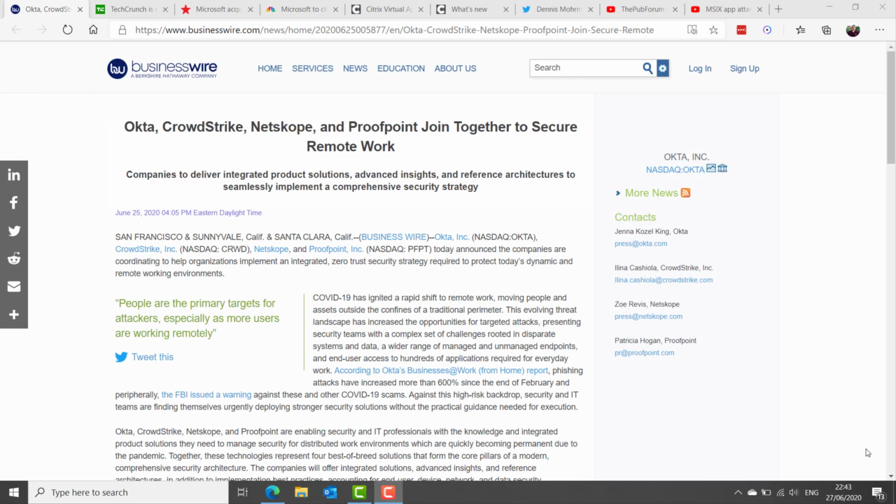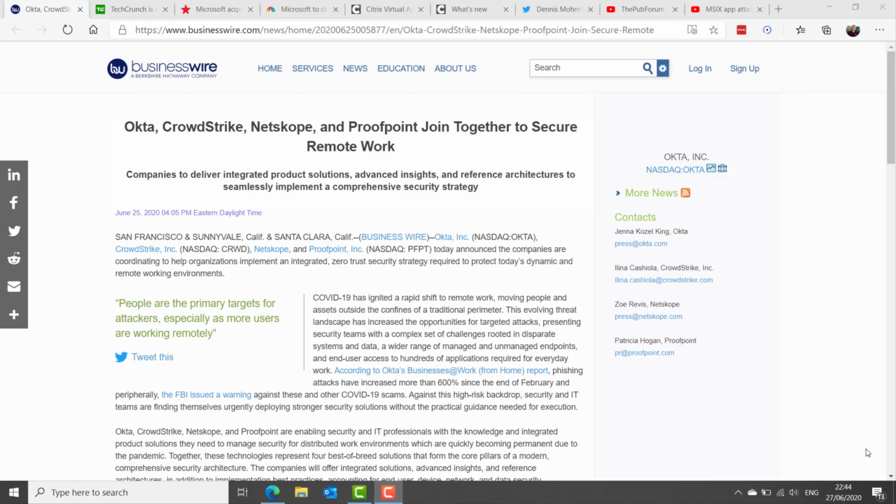This week, Okta, CrowdStrike, Netskope, and Proofpoint announced a partnership, and that they plan to enable security and IT professionals with the knowledge and integrated product solutions they need to manage security for distributed work environments, which are quickly becoming a permanent fixture due to the pandemic. Together, they hope their technologies, which they claim are best of breed solutions, will form a modern comprehensive security architecture.